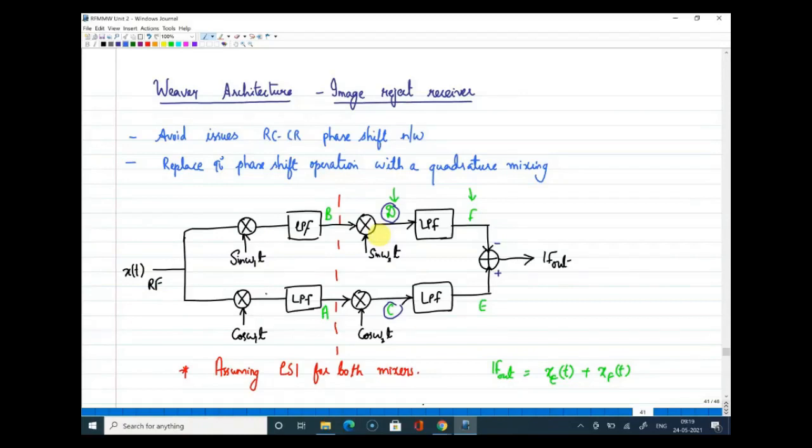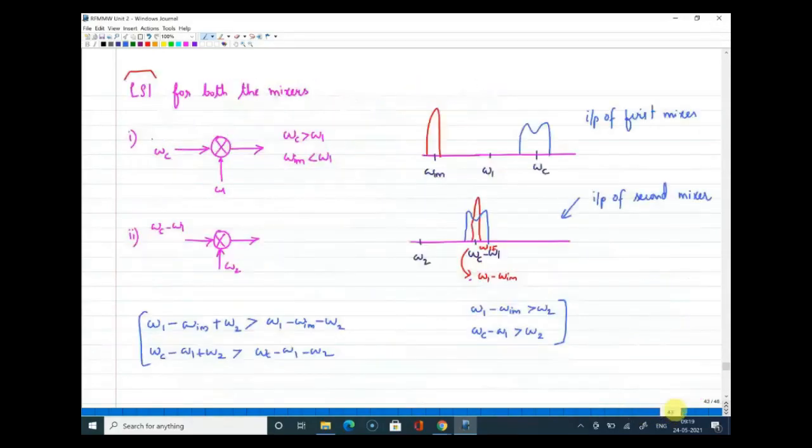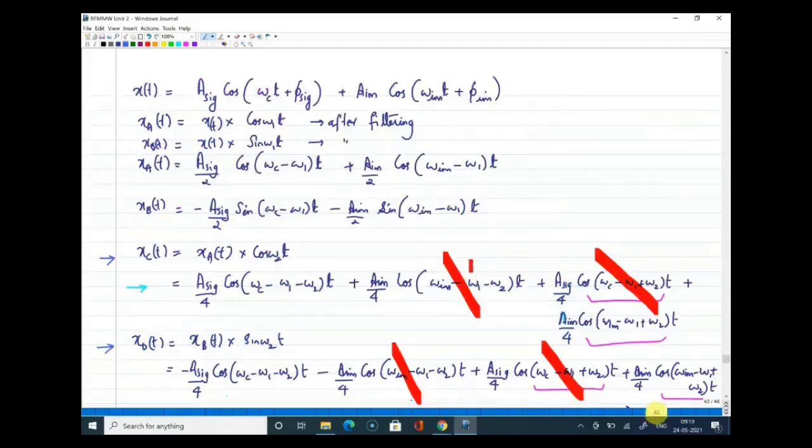That is why when I wrote xe and xf from xc and xd, I have just removed the high frequency components. And in the previous class we identified which are the high frequency components just by doing this simple exercise. I hope that is clear. Moreover, in receiver, what we are trying to do is down conversion. So, but oh, all right. I think Naveshri, maybe you were not there in the previous class. I don't know.